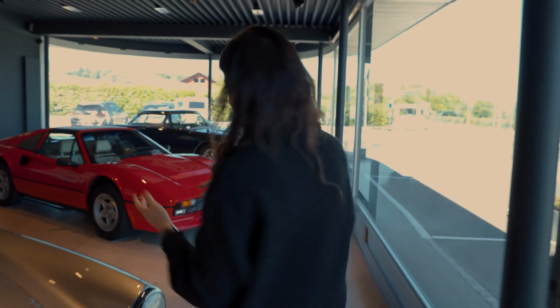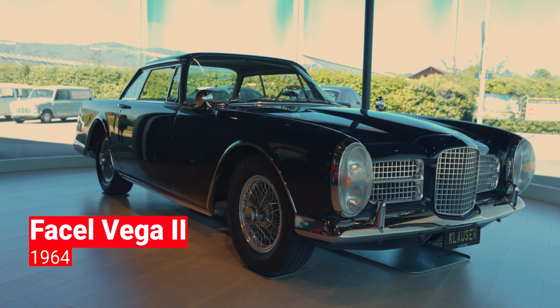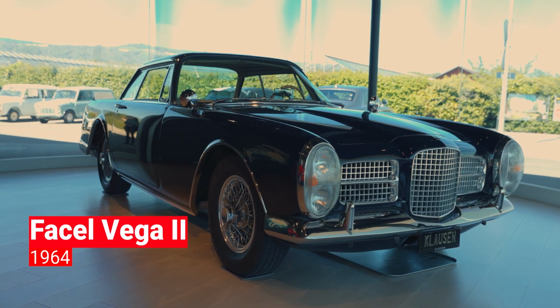and I wanted to talk about the Facel Vega. For those who don't know Facel Vega, it's called the French Rolls-Royce because it has a huge engine inside, and the brand was made in the 50s and was...